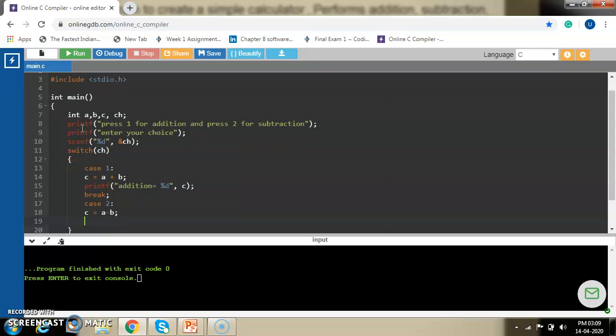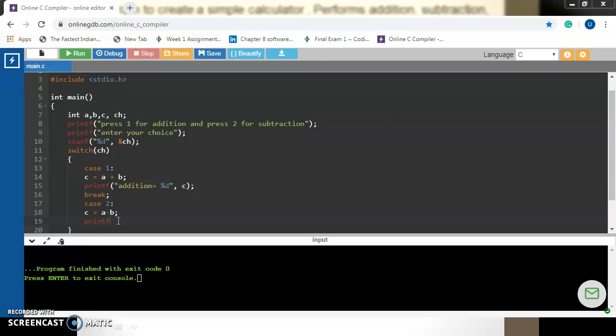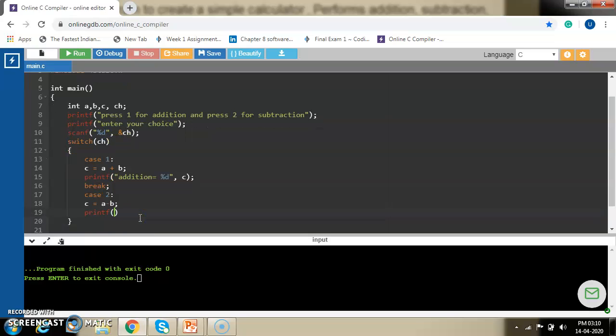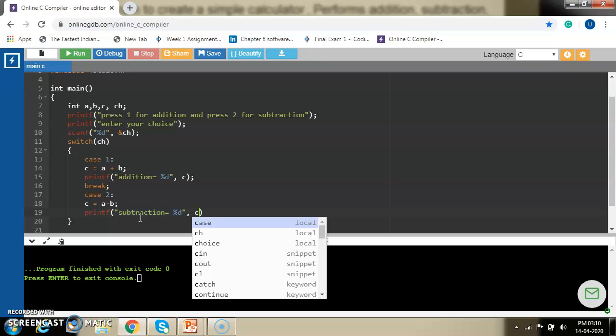Then we will write printf, subtraction is equal to %d, value of c.